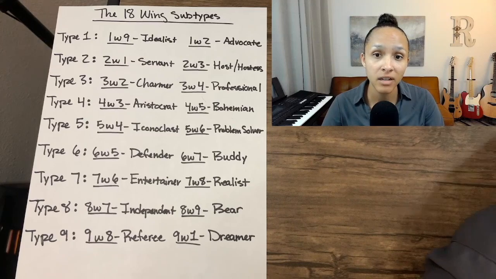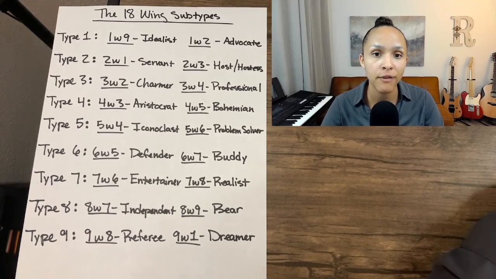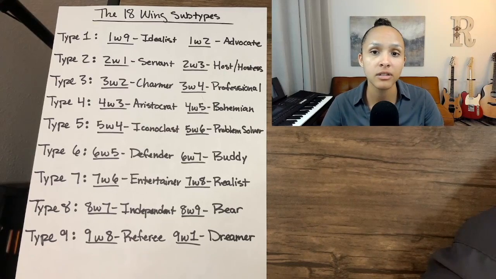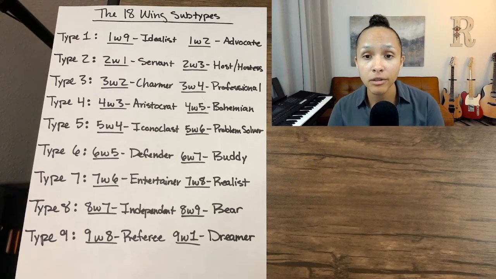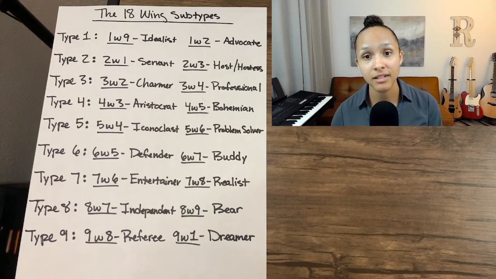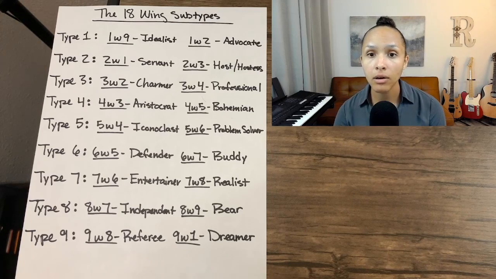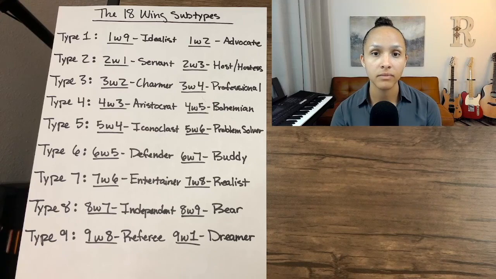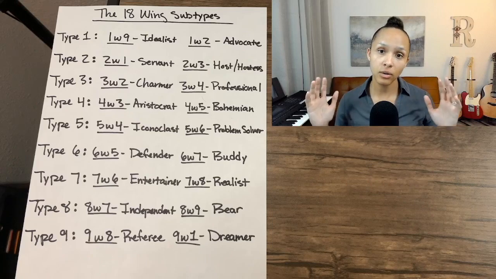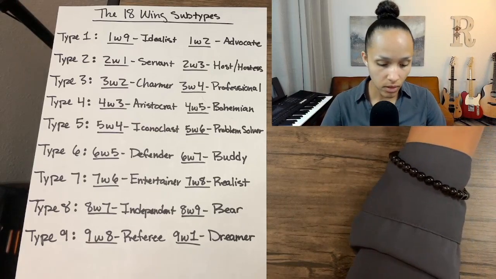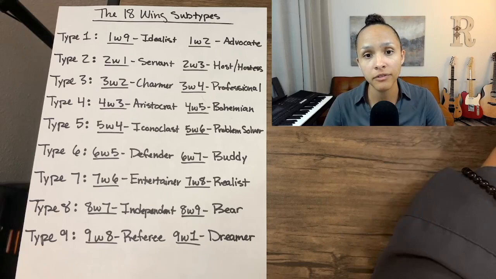And yeah, that's how that can manifest for our 5-wing 4. And then our 5 could also be a 5-wing 6, which is considered the problem solver. So we're getting into thinking through all the things that could go wrong that is in our type 6, seeing all the different perspectives, all the different angles of something. And that core type 5, who is the investigator, really looking into things, detaching, going up in their mind, and making sense of,